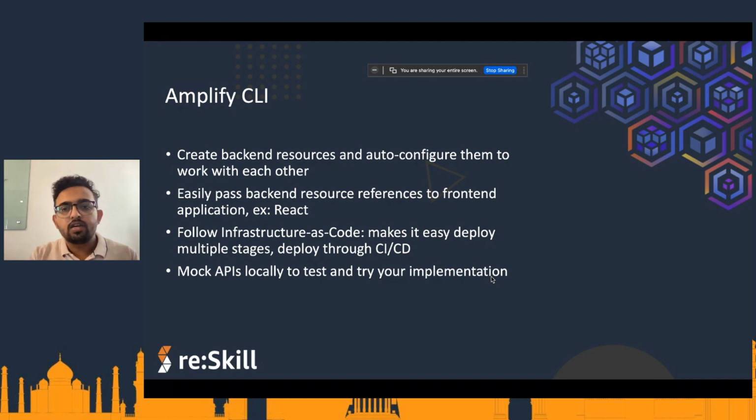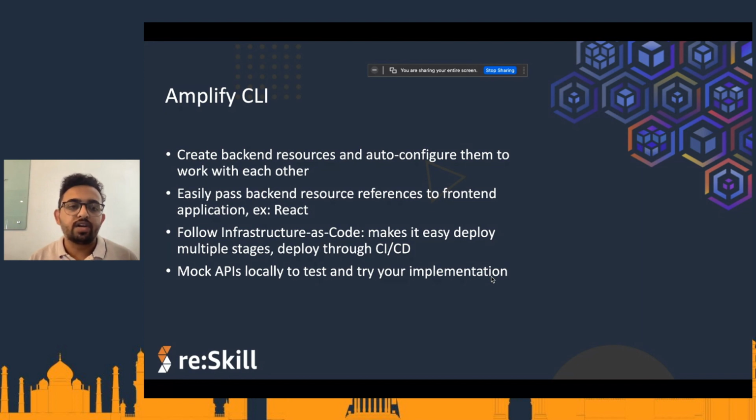Using Amplify CLI, you can easily create backend resources and automatically configure them to work with each other. What I mean by that is using Amplify CLI, for example, you can create an API and automatically Amplify can figure out, okay, to get this API working, you need API gateway, you need Lambda function, you need DynamoDB.